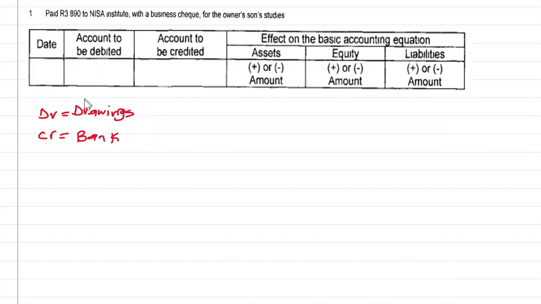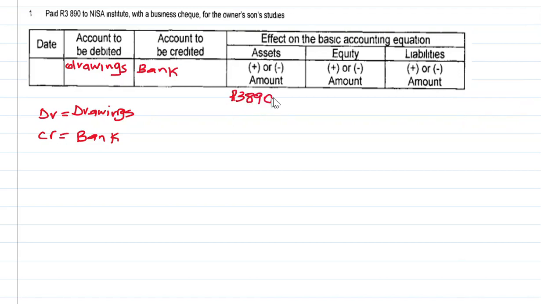Even if you can write it there and say account to be debited, it will be drawings. Then the account to be credited will be bank. Then the amount of money we are given is